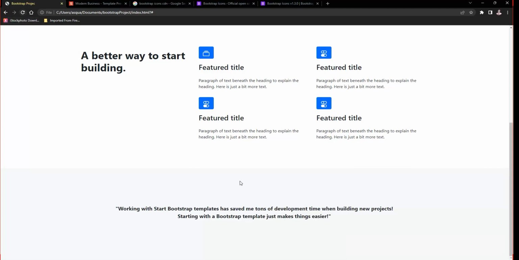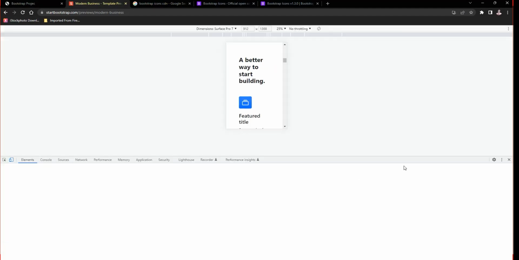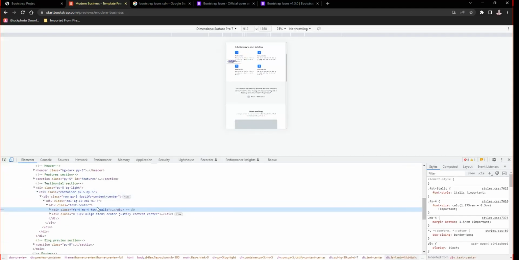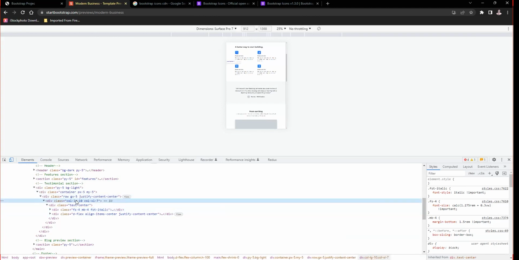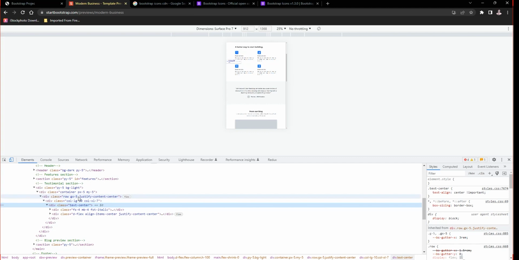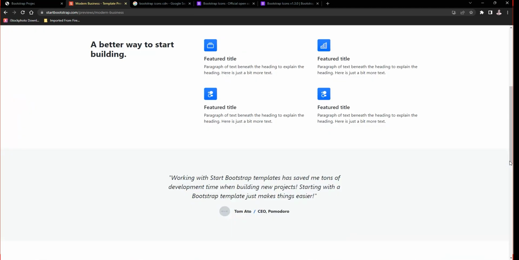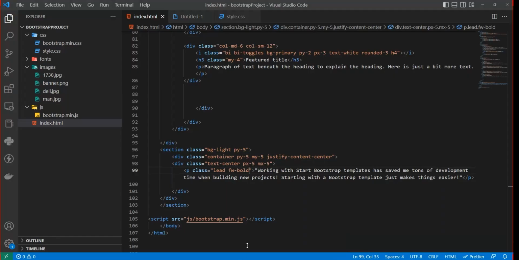We still have some other things to fix here. I don't think theirs is bold. No, it's not. Okay, we could just inspect. Let's see exactly what they did. Okay, text-center, py-5. So we had a lot of py plus py to get in here. So py-5 for the section. No, before this, after the section,